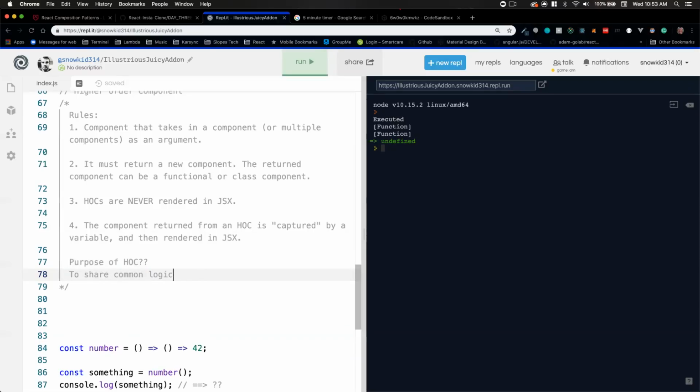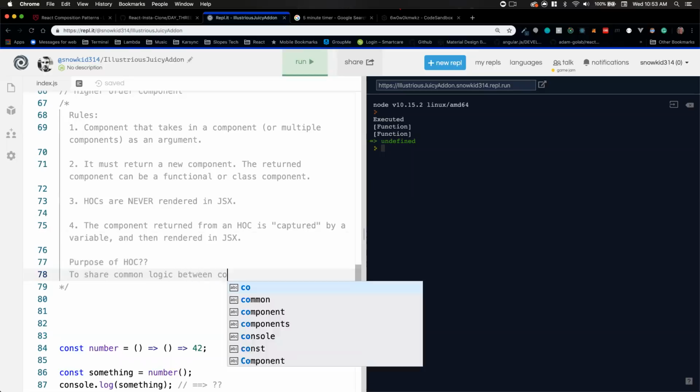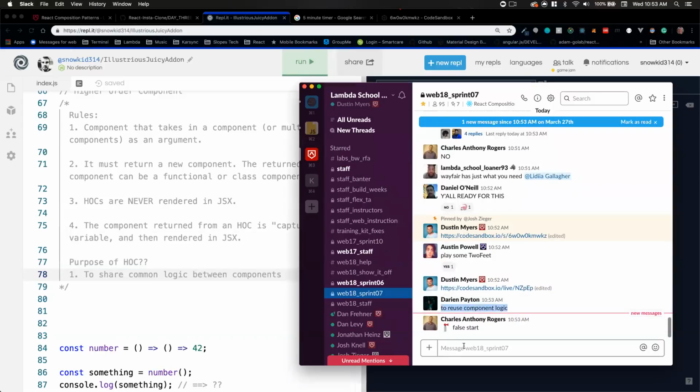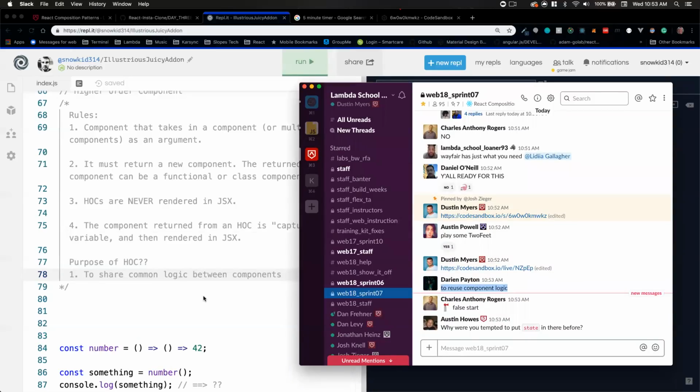We'll just say common logic between components. So this is one purpose of a higher order component. If you notice that you have 5 components,